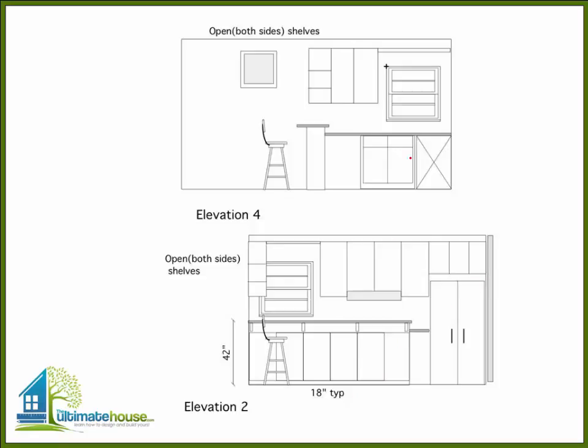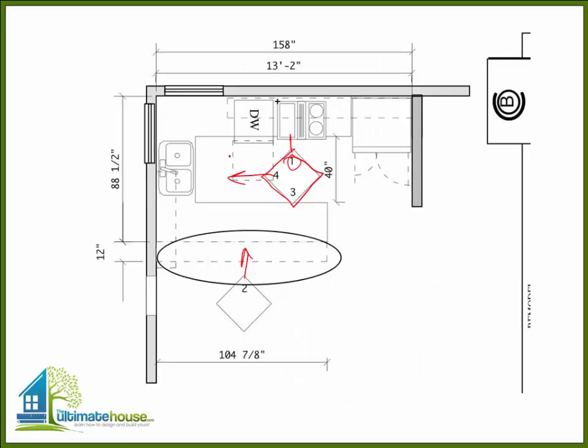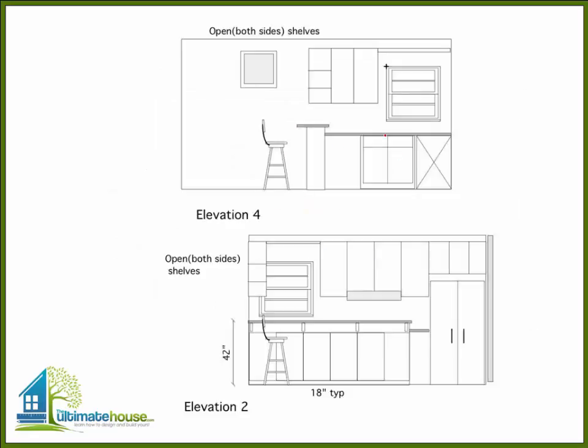So this elevation 4 is, again, looking in this direction towards the sink. So you can see that's where the sink is being set up. And there's the window. We ended up having a couple of closed or regular upper cabinets here and an open shelf cabinet for books and so forth on this side, which was kind of nice because it opened towards the living area. You can see the difference between your standard 36-inch high kitchen countertop, and that's a standard that you should pay attention to,